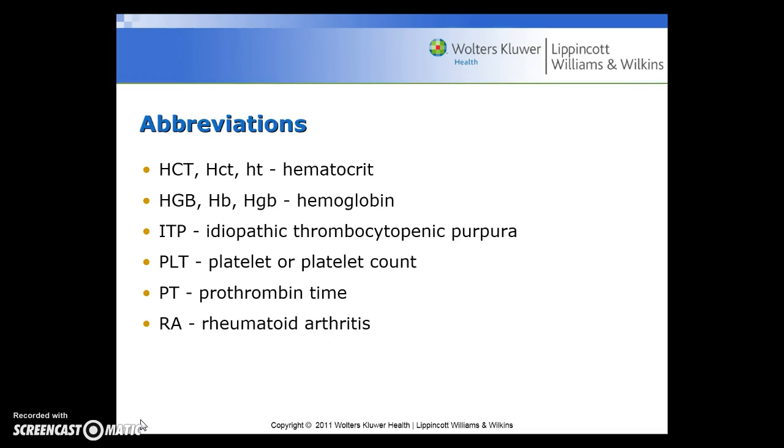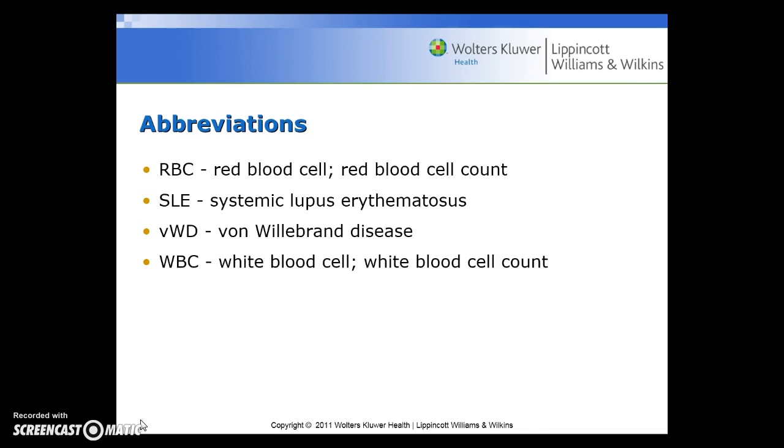HGB for hemoglobin, or HB or HGB, ITP for idiopathic thrombocytopenic purpura, PLT for platelet or platelet count, PT for prothrombin time, RA for rheumatoid arthritis, RBC for red blood cell or red blood cell count, SLE for systemic lupus erythematosus,